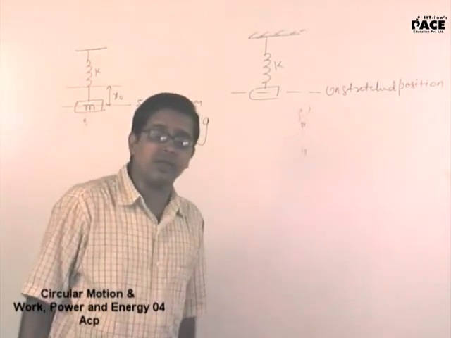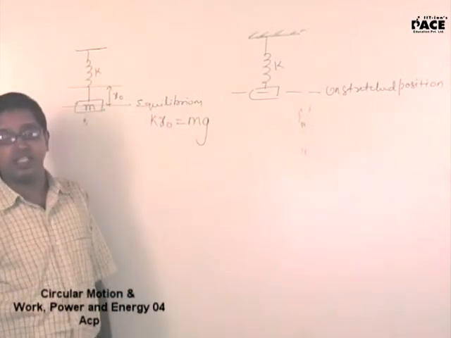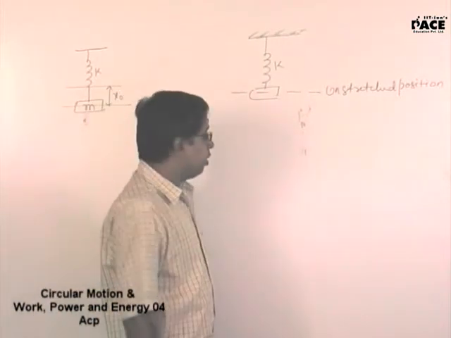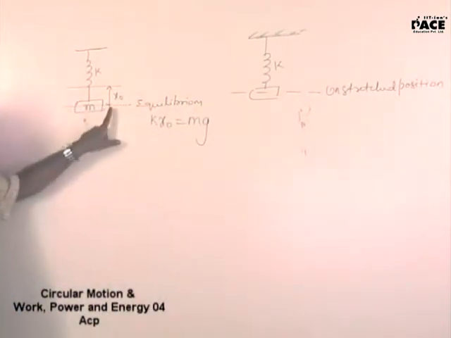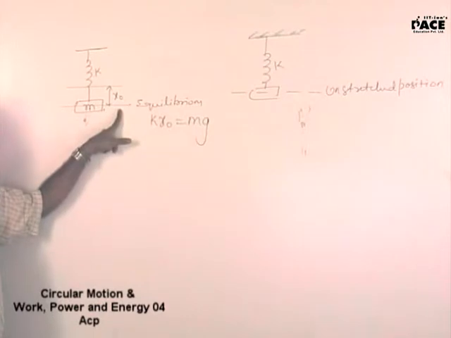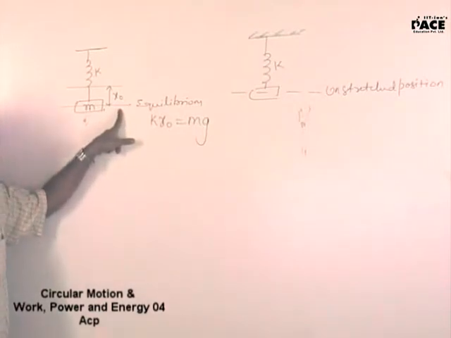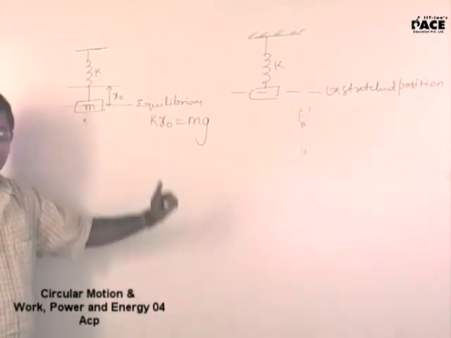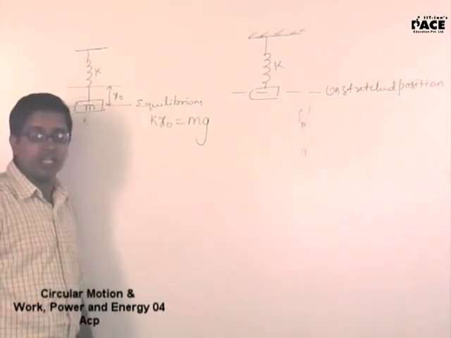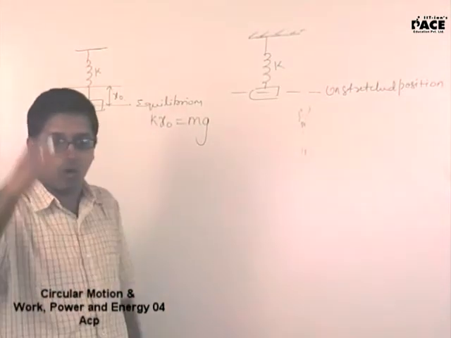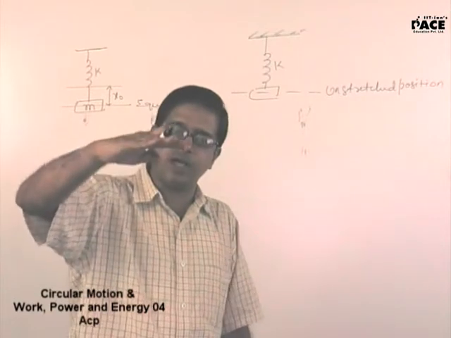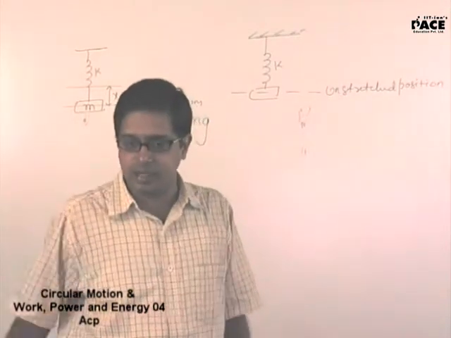When can I call maximum elongation? When the change in kinetic energy is 0. Now when you are in equilibrium, undoubtedly the acceleration of the block is 0 but not the velocity. At equilibrium, the acceleration will be zero, but the velocity need not be zero. It will oscillate and slowly it will come down to rest at an equilibrium position.